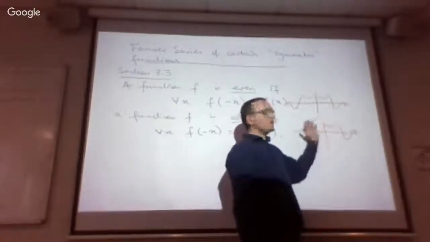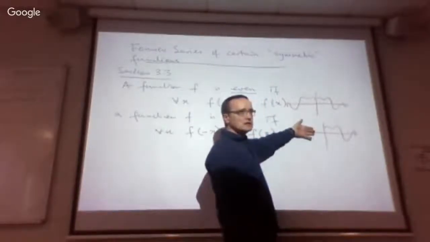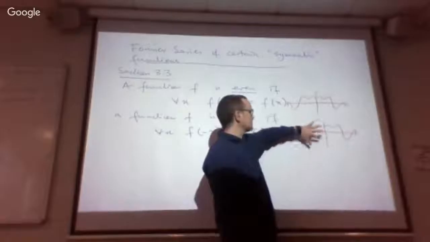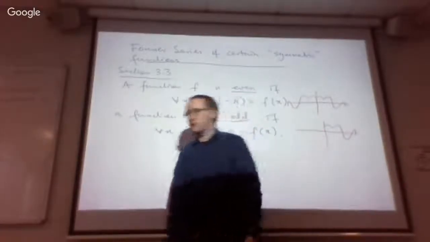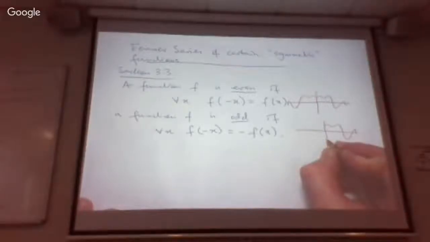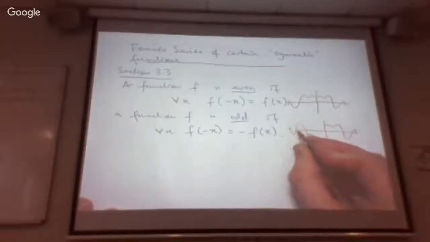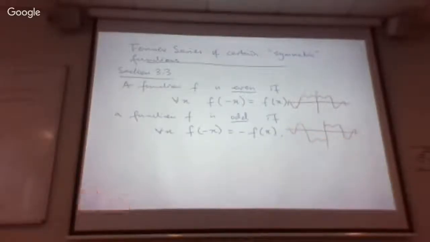You have to reflect it in the y-axis, but then immediately reflect it in the horizontal axis as well, because it has to have a negative behavior. So we have to swap the positive y with negative y. So the behavior of the odd function down here would be something, it's an even worse picture, but